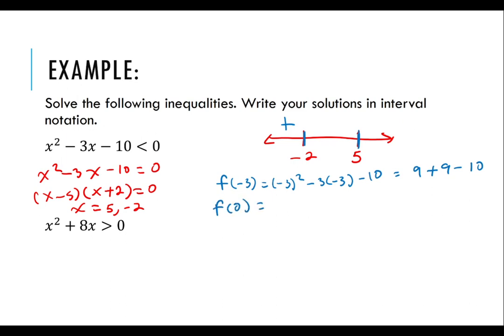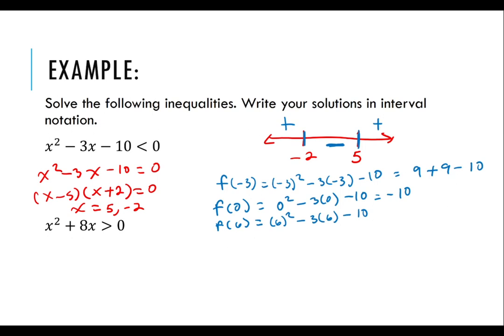F of 0 is going to be 0 squared minus 3 times 0 minus 10, so that's going to be negative 10. That's a negative value, so there it's going to be below the x-axis. Then we need a value to the right of 5, so let's try f of 6. F of 6 is going to give me 6 squared minus 3 times 6 minus 10. But if you check that in your calculator, that's going to give you a positive value, and so that's above